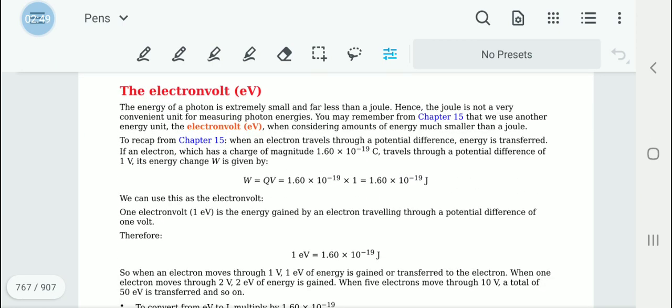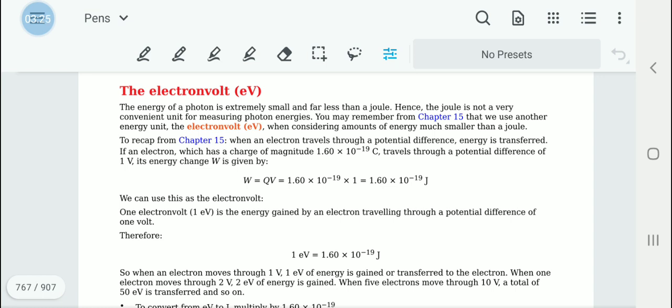Write down electron volt. Because the joule is too large a unit to be considered when talking about a single photon, we use the electron volt as a more suitable quantity. Leave a line and write: 1 electron volt